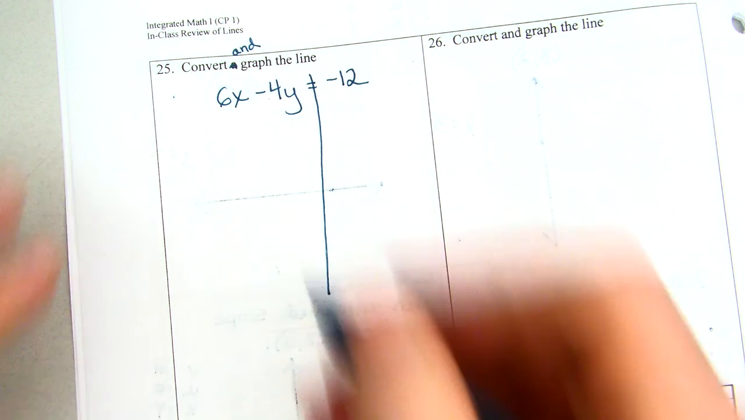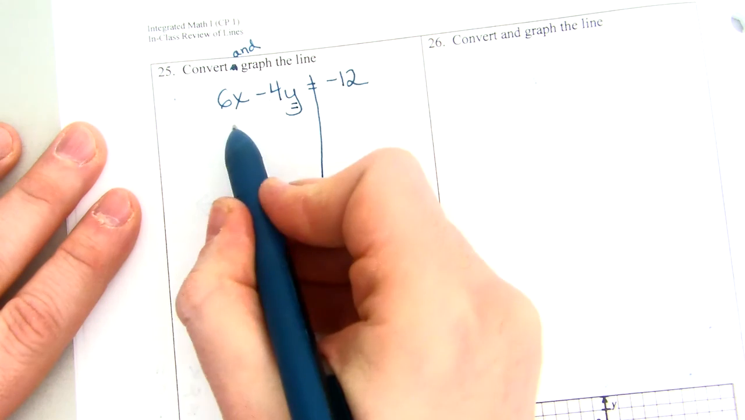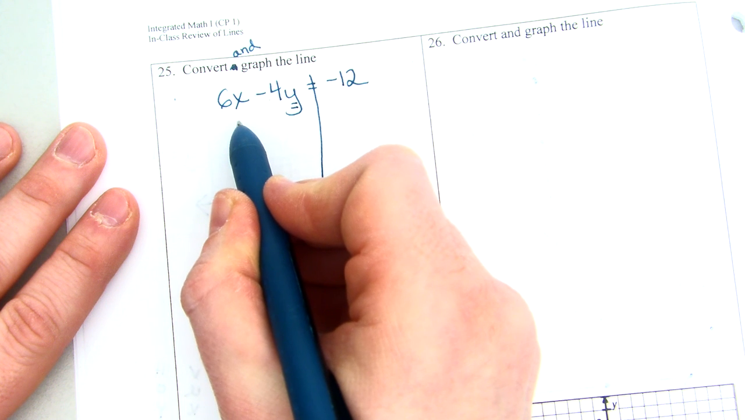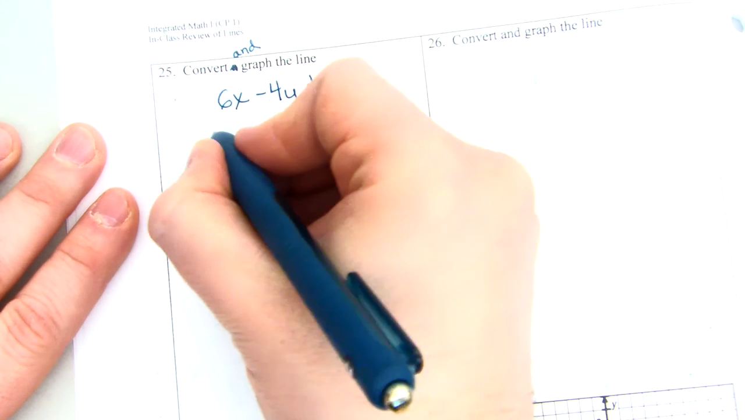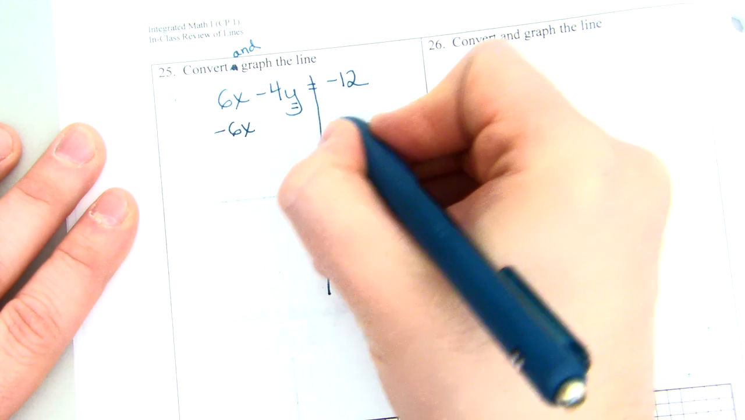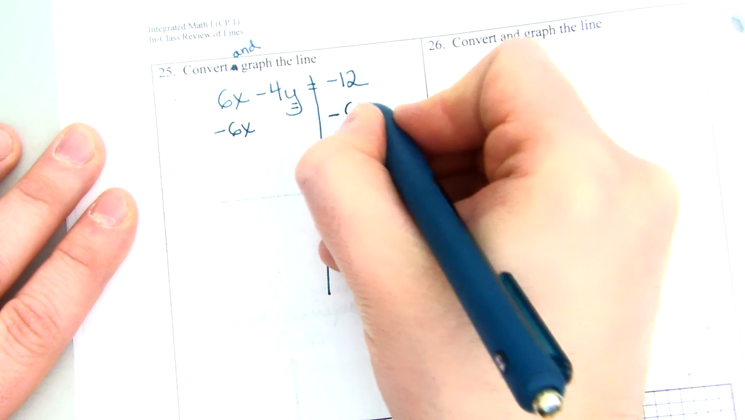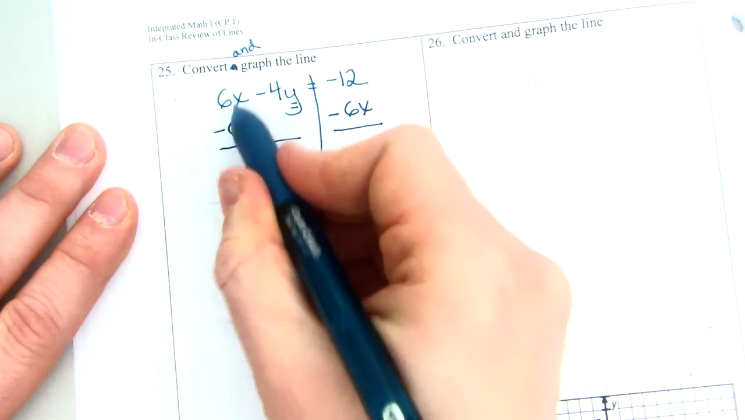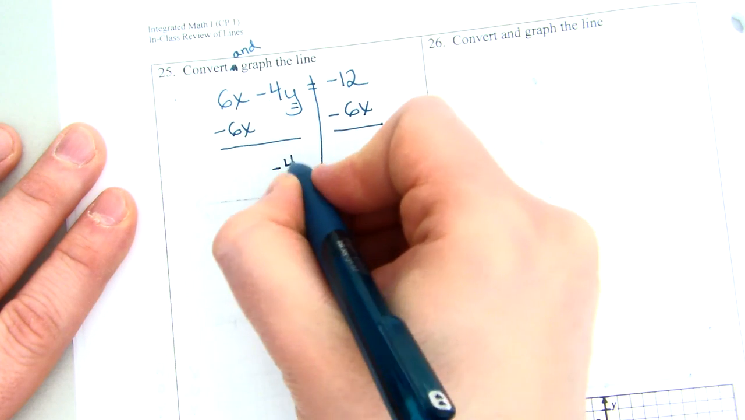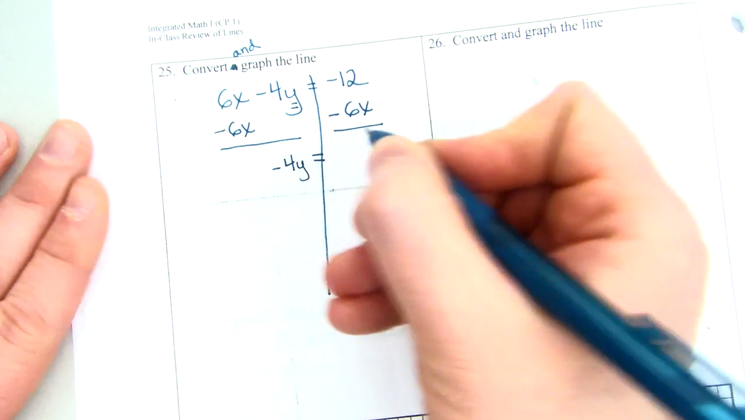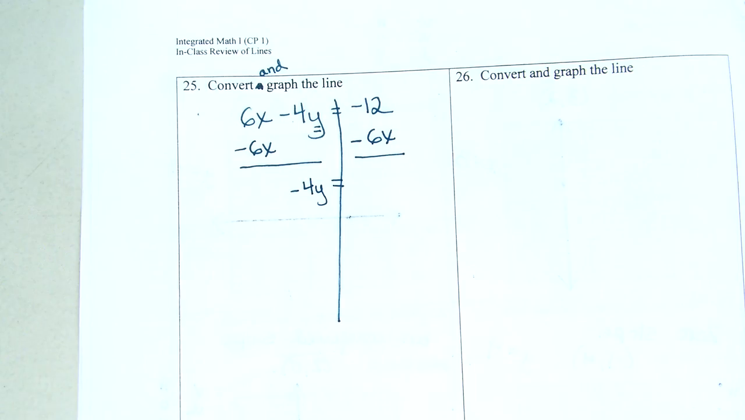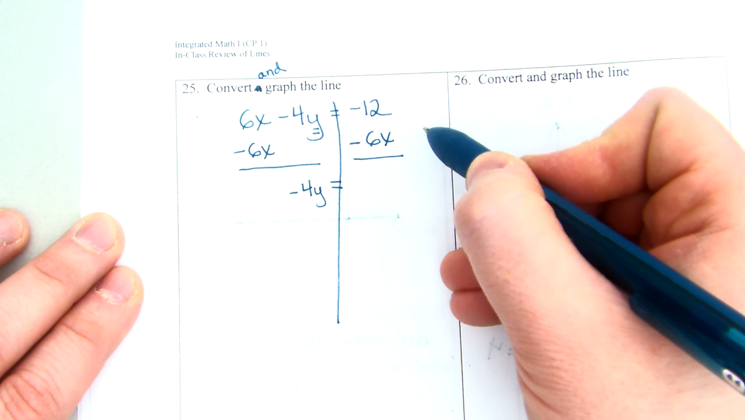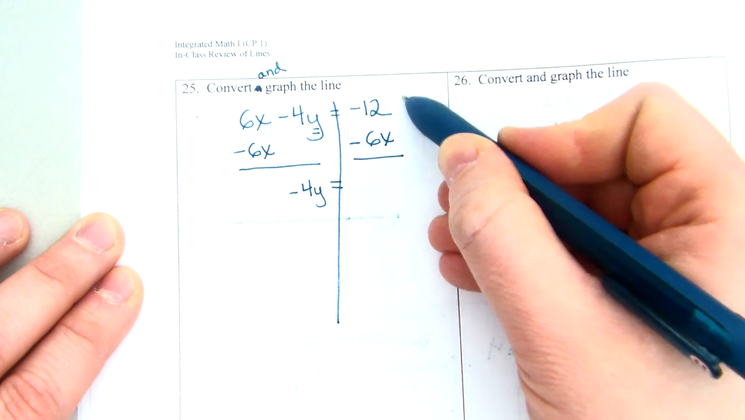I want the y by itself. So the first thing I'm going to do is I'm going to get rid of the 6x. How do you get rid of positive 6x? Negative 6x, minus 6x on both sides. Minus 6x, minus 6x. Those are gone, leaving me with negative 4y on the left. Can you do negative 12 minus 6? Are they like terms or are they not? No. So we're going to just sort of leave